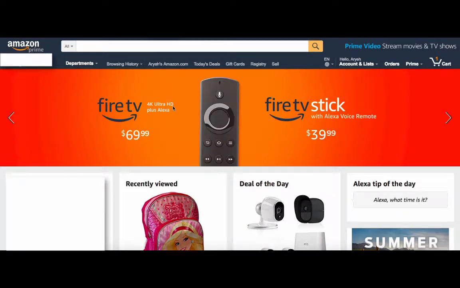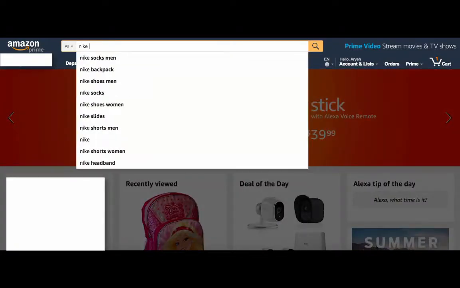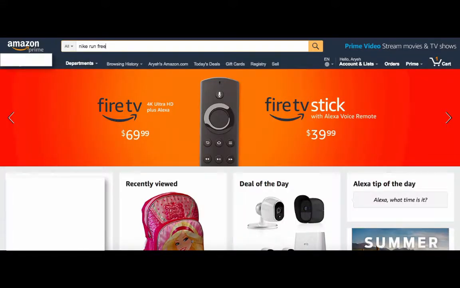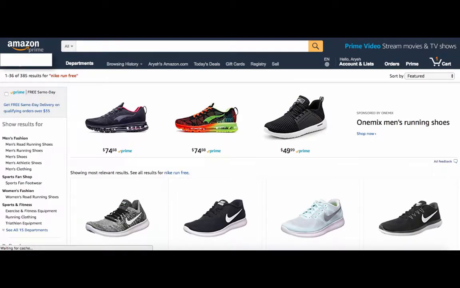Okay, so we're sitting on Amazon's homepage, and I just wanted to show you a tool called Revseller, which I think has tremendous value if you intend to sell on the Amazon platform. So I'm going to show you some of its cool features, and we're going to take some popular products and show you what it shows you so that you see the value. So let's do Nike Run Free, just a good ranking shoe. It has some other plugins running as well, so in case they show up on there,